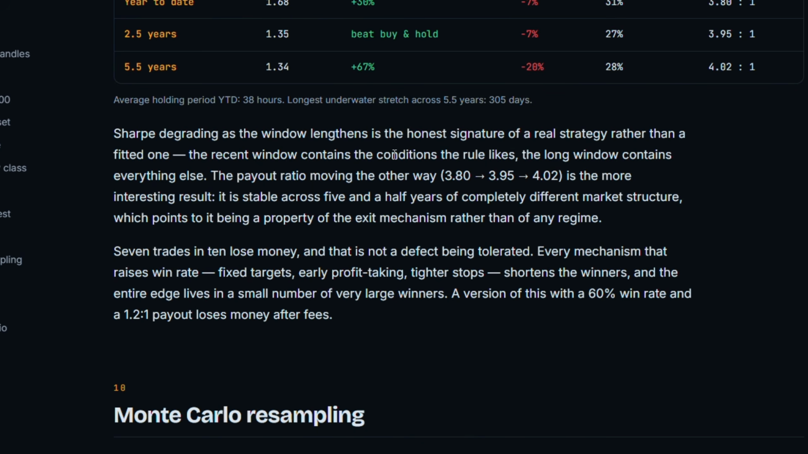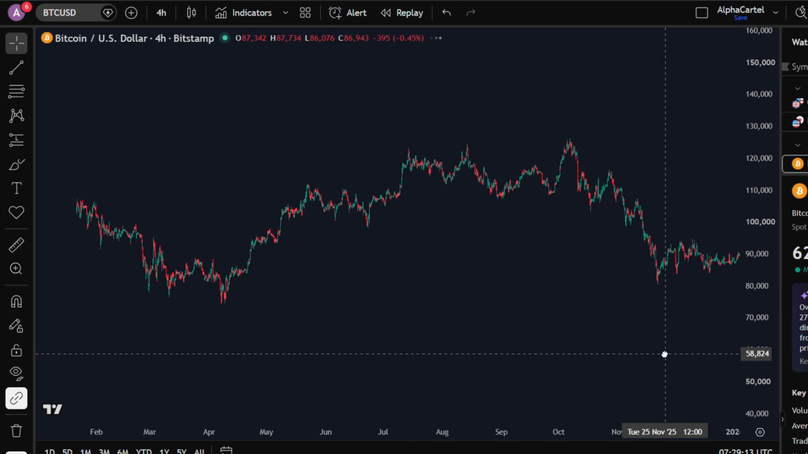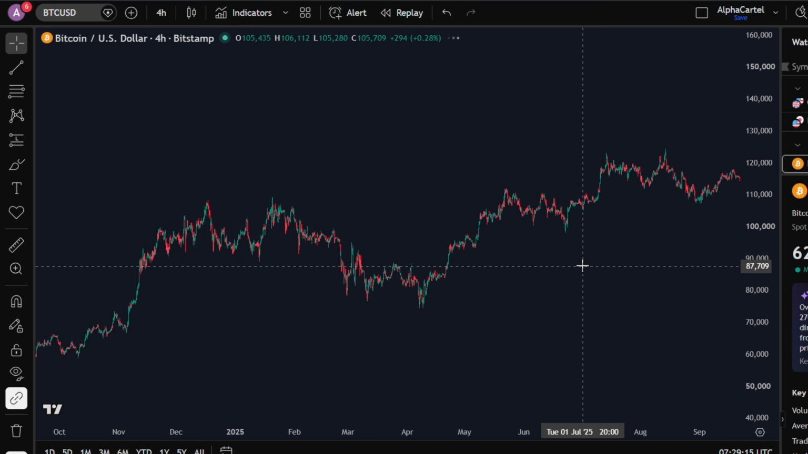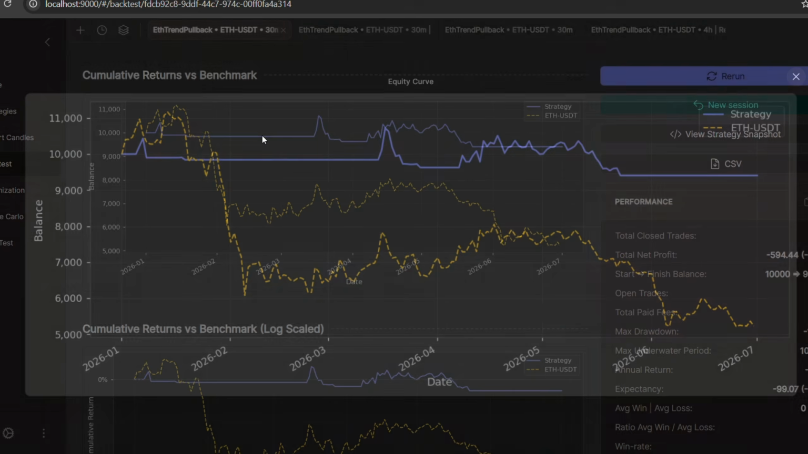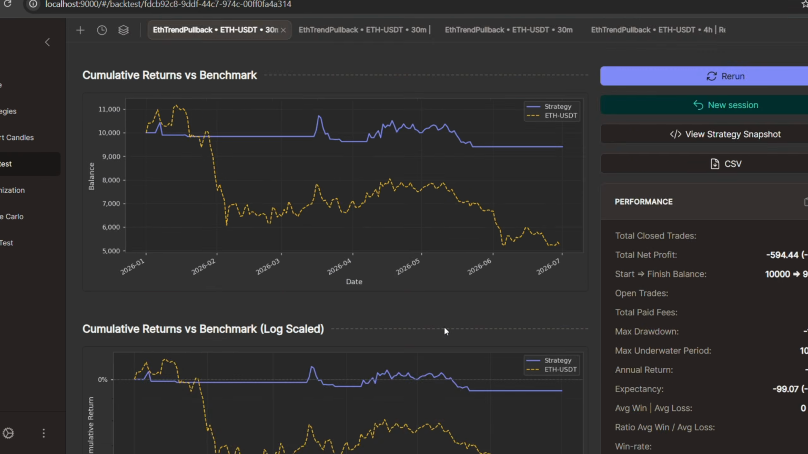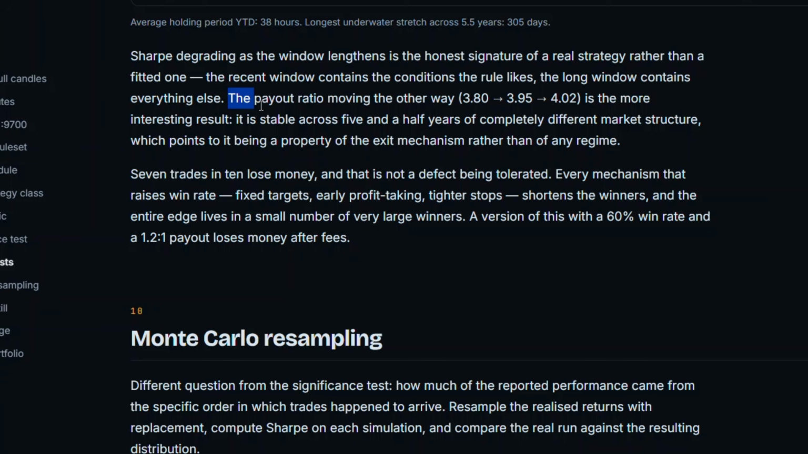The recent window has the conditions the rule likes. The long window has everything else. If those numbers came back identical, the likelier explanation is that the parameters were shaped by the full history. The payout ratio moving the other way is more interesting. 3.8, then 3.95, then 4.02. Stable across 5.5 years of completely different market structure, which points to it being a property of the exit rather